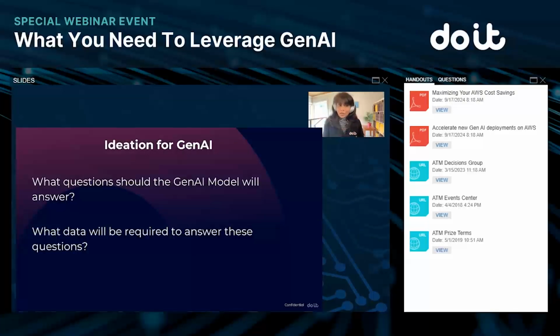Is it an HR chatbot that you're looking at doing? Well, in that case, you will be requiring your own policy data. Or it is some chatbot you want to do for your customers. In that case, you will be giving the data to the GenAI model, which is required for the customer questions and answers. So I think you get the idea. The data required for answering these questions is the differentiator. That is your own data, and what are the prerequisites for that data? That's what we will be seeing ahead from here.